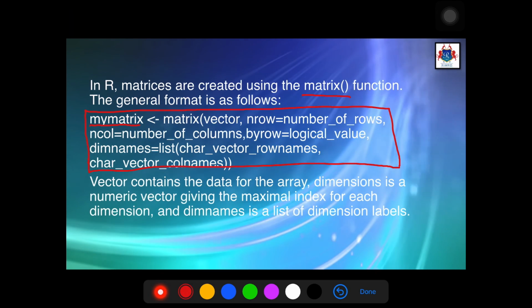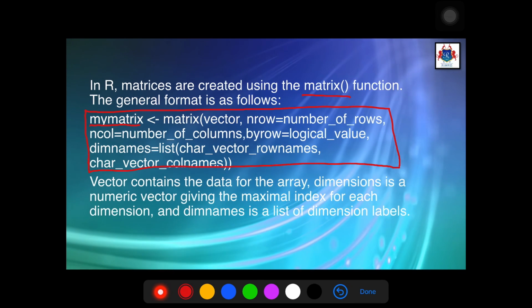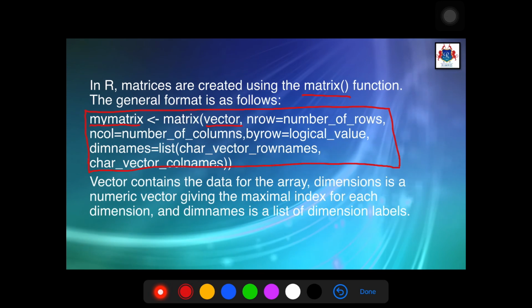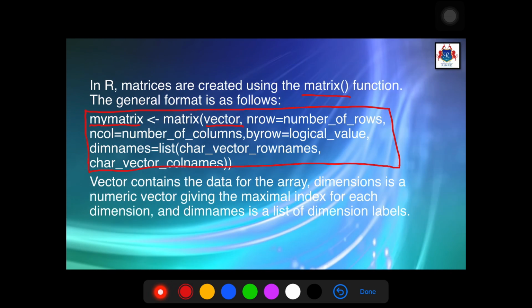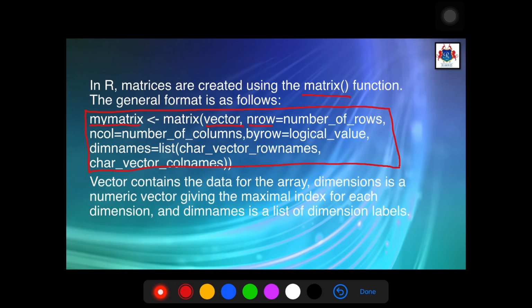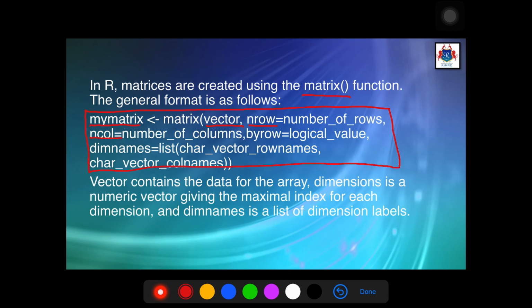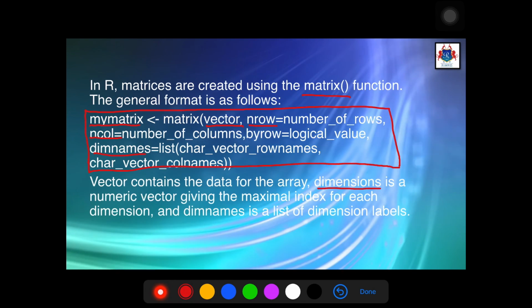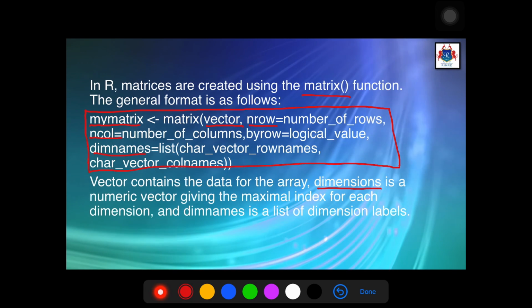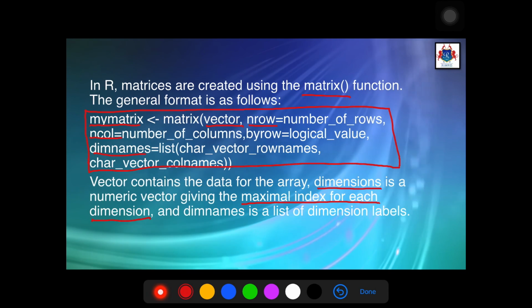Let us study what this means. Vector contains the data for the array. So the keyword vector actually contains the data elements of an array. nrow stands for the number of rows, ncol stands for the number of columns, and dimnames is there. Dimensions is a numeric vector giving the maximal index for each dimension. So what is the dimension of an array?